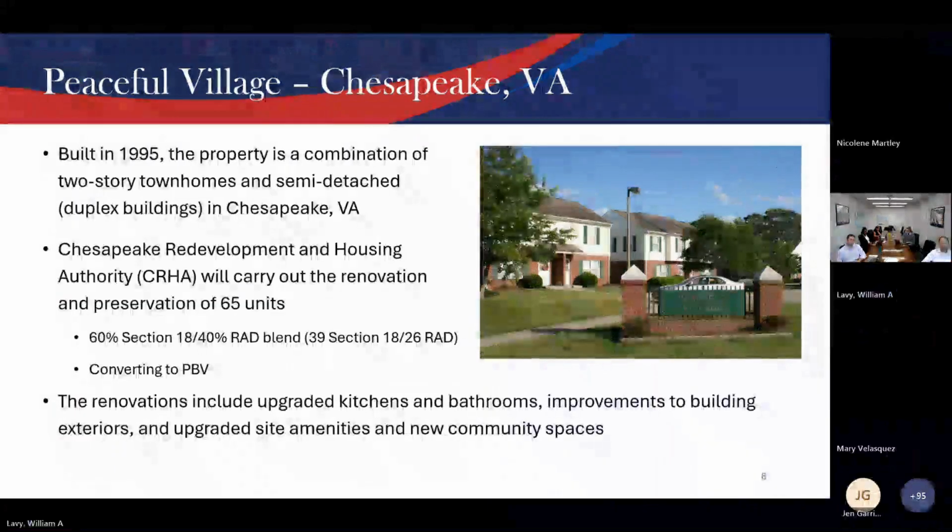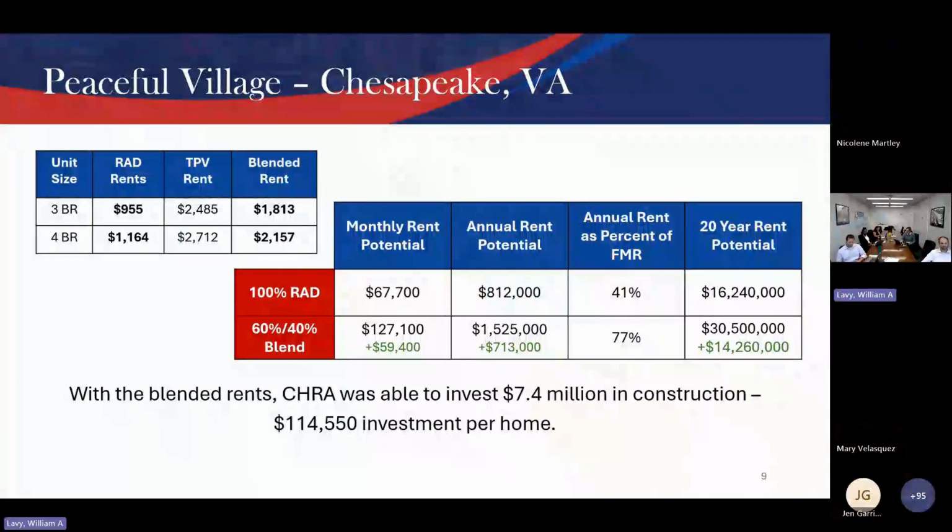Next slide. And at the project level, we are entering this phase, which I like to think of as the next phase of the RAD program, where we've always heard historically, the RAD rents, they're just not working for us, and totally understand that, right? It makes sense. You need the revenue to pencil out to put a deal together. But what I find super compelling here with the blends and this new policy, and Chesapeake, Virginia being one of the first to really opt into and close, is